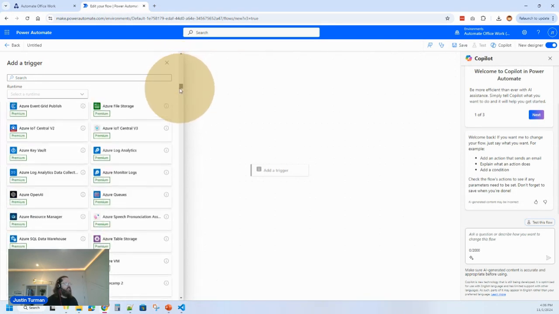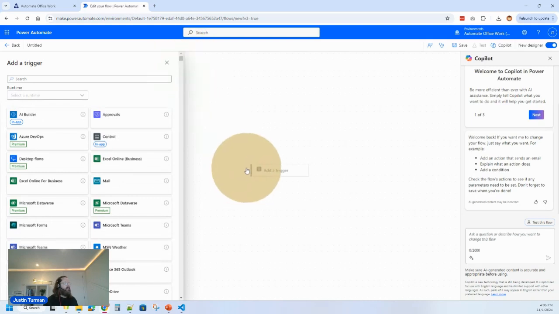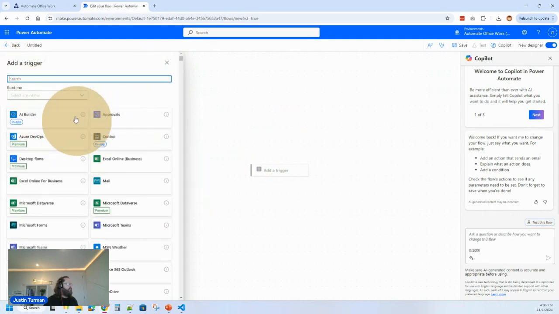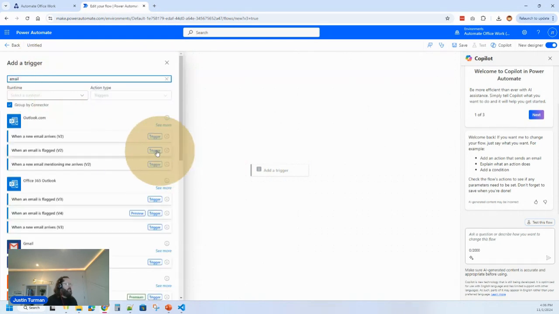Okay, so find your trigger. I'm not going to go through any examples here. I guess we don't have enough time in these 15 minutes. But you can find your trigger. Once you have a trigger, like let's do a mail. Oh, there were no operations found for mail. Let's do email. When an email arrives,